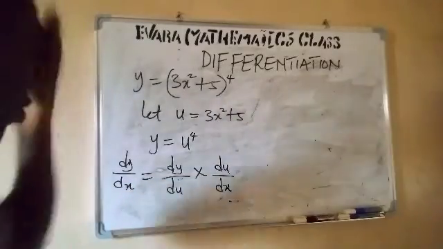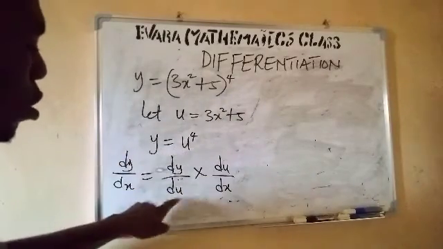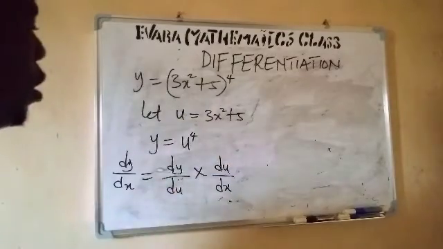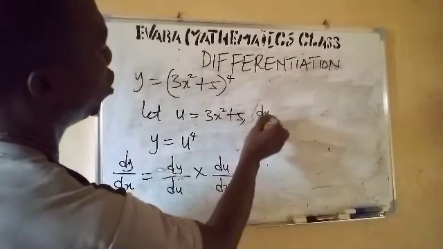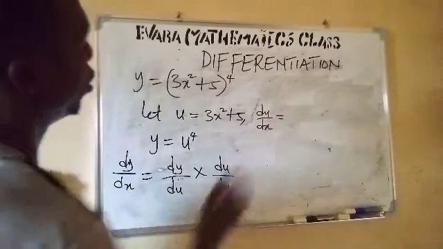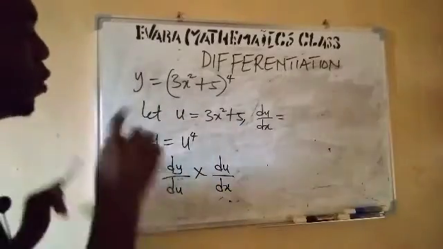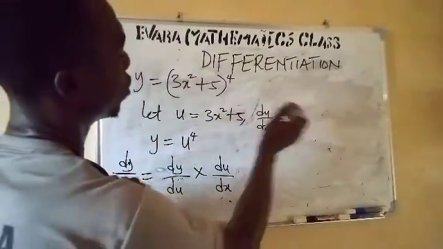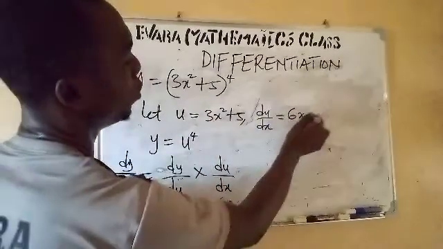So this one simply means we will differentiate y with respect to u, and we will differentiate u with respect to x. So here, du dx: if we differentiate u with respect to x, don't forget, as we did earlier, 3 times 2 is 6. Then if you take away 1 from the power 2, it will remain 1. So it will now be 6x